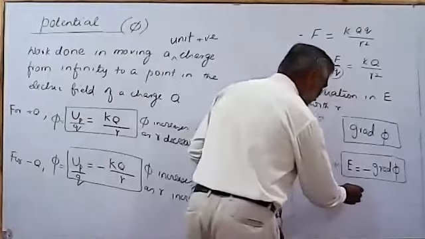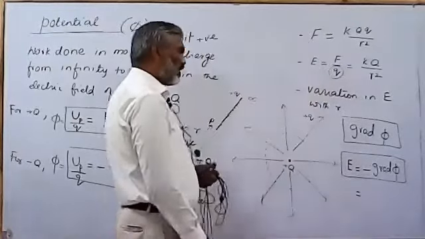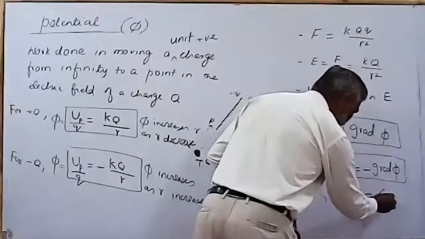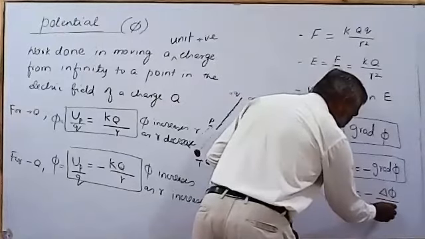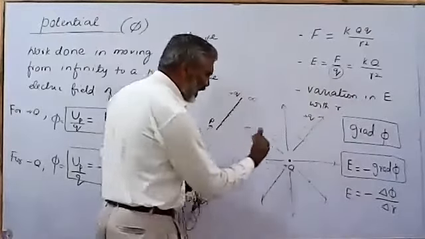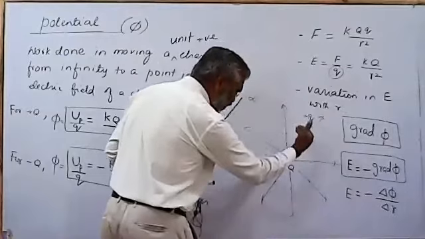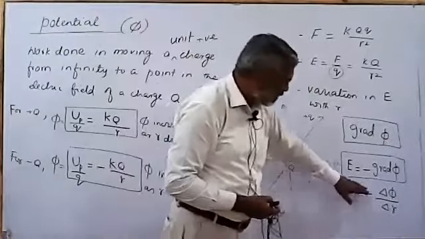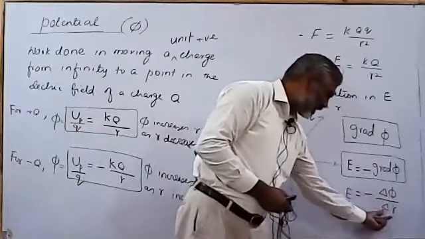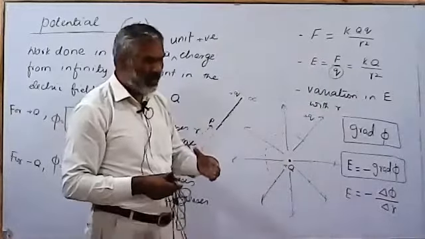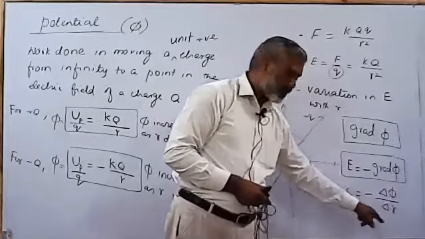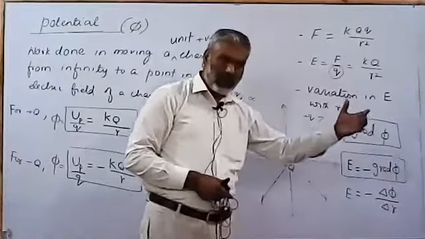You will remember this, that the change in potential divided by the distance, that is actually the gradient in phi. So this is delta phi over delta R. This is E. So if potential is increasing as you move towards it, the gradient is given in this manner. We calculate the change in potential, then we divide it by the change in distance through which we have moved. This quantity will always give us the electric field in magnitude there, and this is exactly opposite in direction to the field.